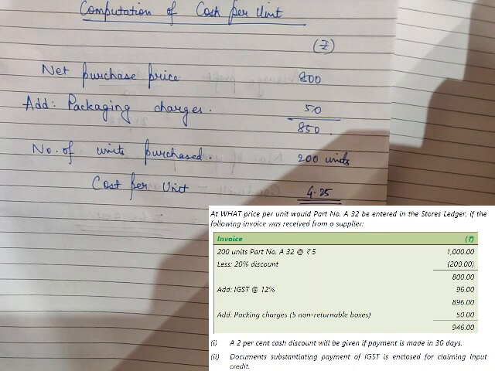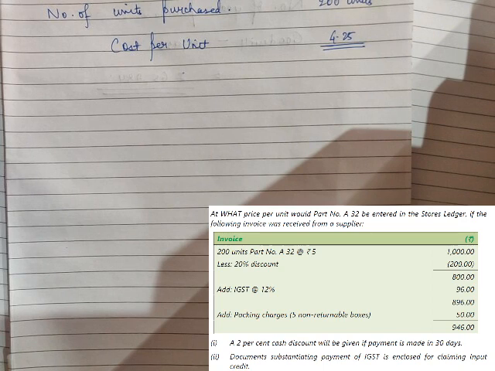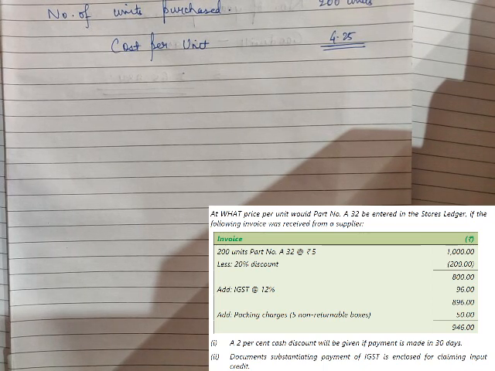Now we have reached our answer as 4.25, but we cannot end it over here. We had not adjusted the cash discount and GST in our solution, so we will have to give separate notes for those. Remember in the exam that the treatment of every item has to be there in the question. If it is adjusted in your main solution, well and good. If it is not, due to any reason, then you have to give the reasons for not adjusting it as part of the main solution, because even that will carry marks. So do not forget to write notes for that.